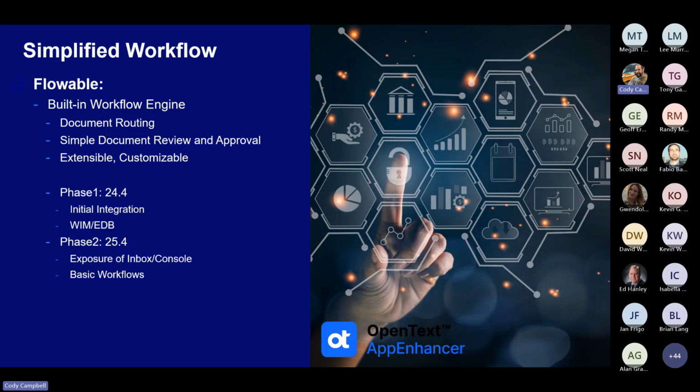But the nice thing is we'll have a native workflow UI in the product that has connection to this Flowable engine. And it'll be like back in the day when we had Action Technologies built in. It was very powerful and simple. Older technology stack, but it really was nice to have a built-in workflow engine that we didn't have to go through a bunch of processes to configure and manage and then develop. It just works out of the box.